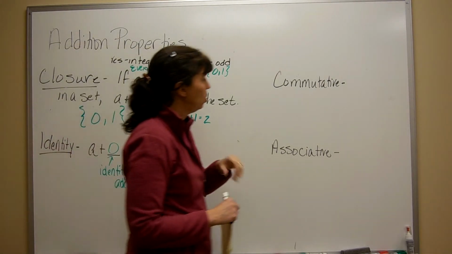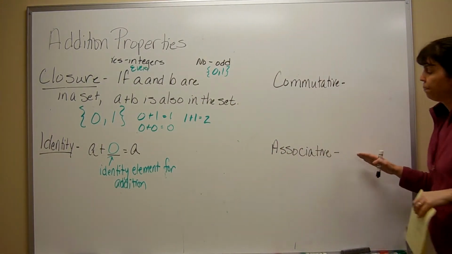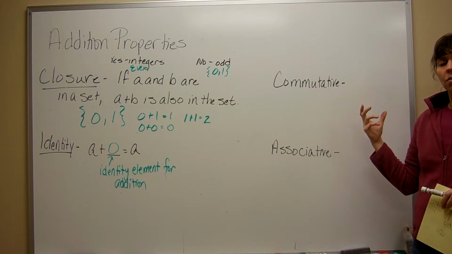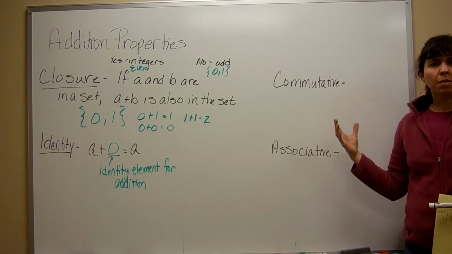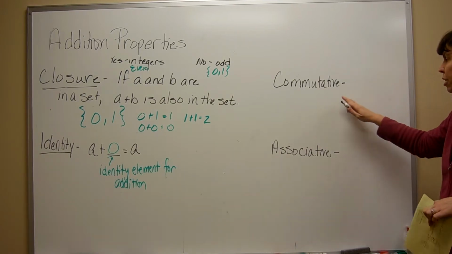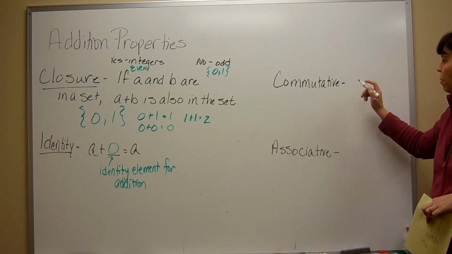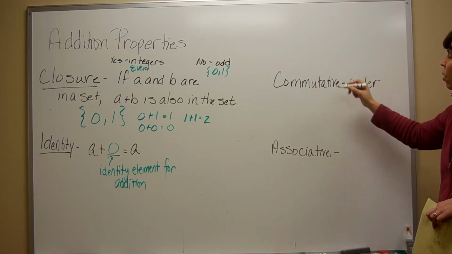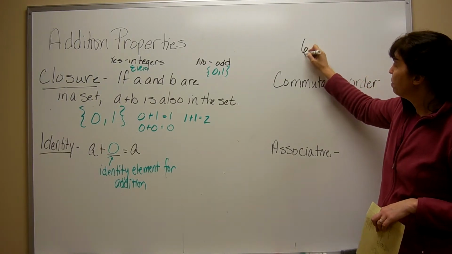Now we're going to talk about two that allow us not only to maybe do manipulations with numbers, but they allow us to do some nice mental math techniques. So the first one's commutative property. And the idea of the commutative property deals with the order of the numbers that you're adding. So if I have, for example, 6 plus 8,